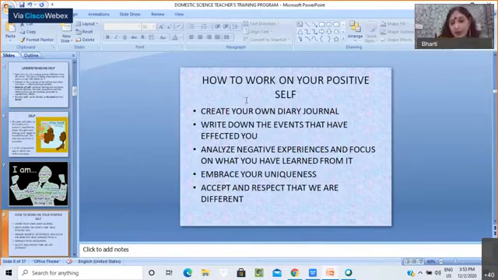So here we tell them to make a diary or a journal in which they write about themselves. What do you think about yourself? Who am I? What experiences did you have and what did you learn from those experiences? So something like that, dear educators, we can build up certain activities based upon it, and then we are talking to them: write down the events that have affected you,